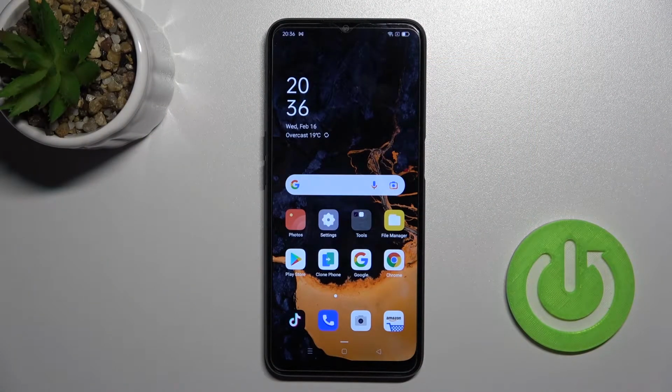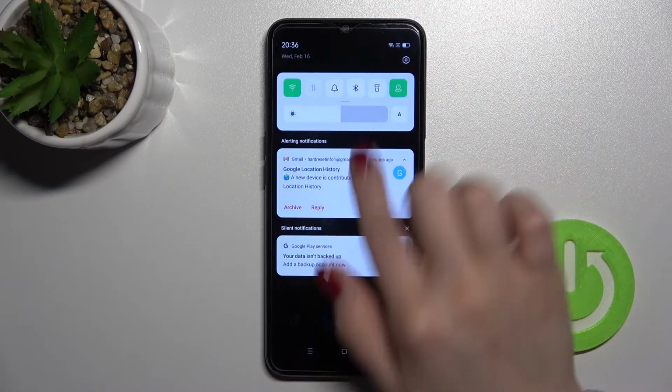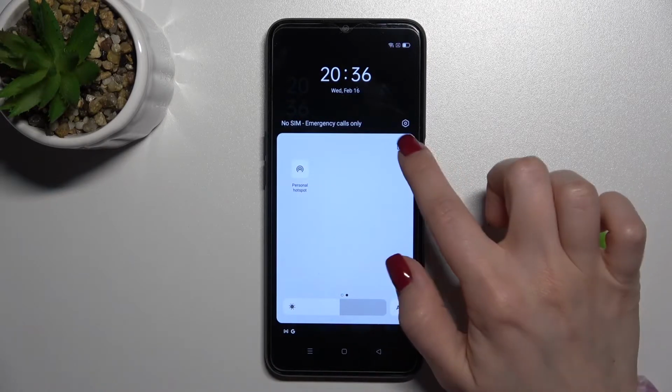Welcome, today in front of me is an Oppo A16, and I'll show you how to edit the notification panel shortcuts on this device. So first you should go into the notification panel right there, and now just tap here